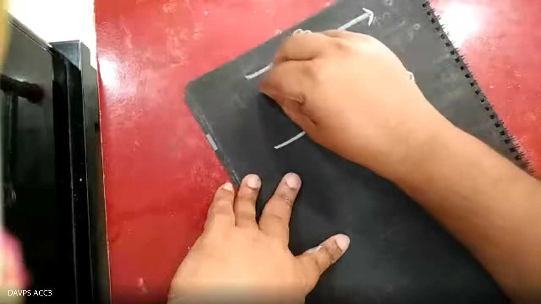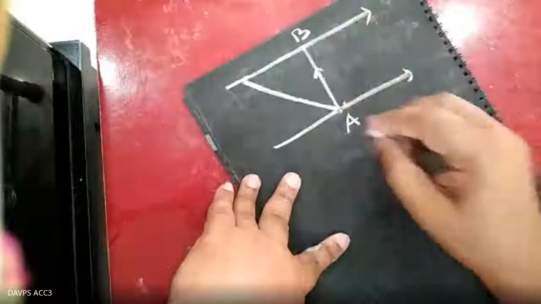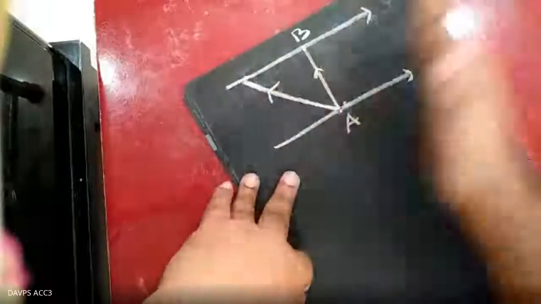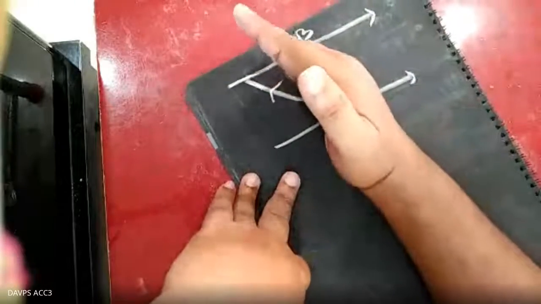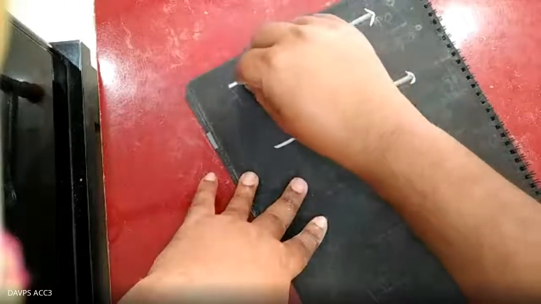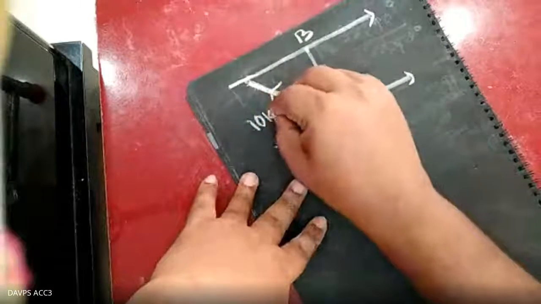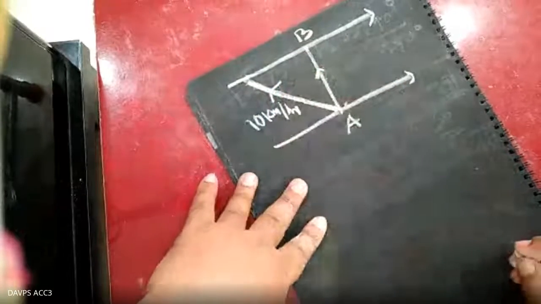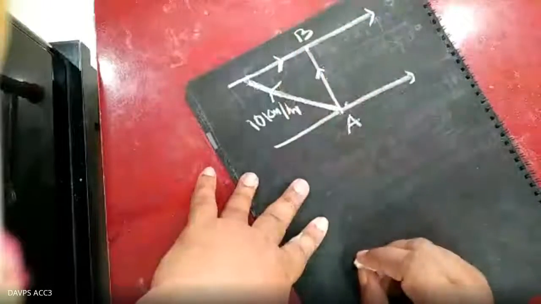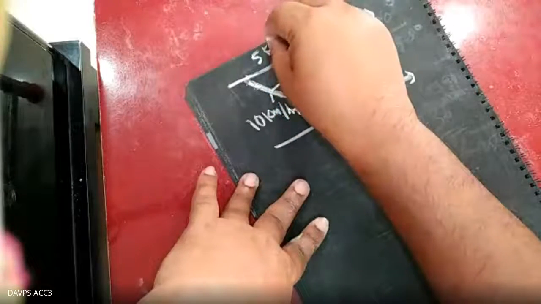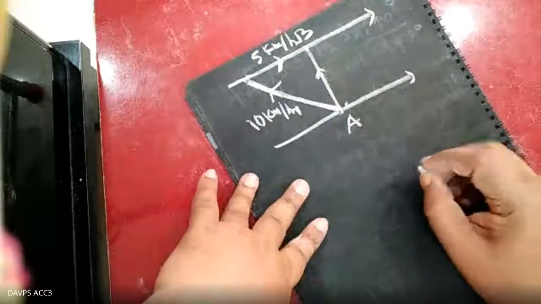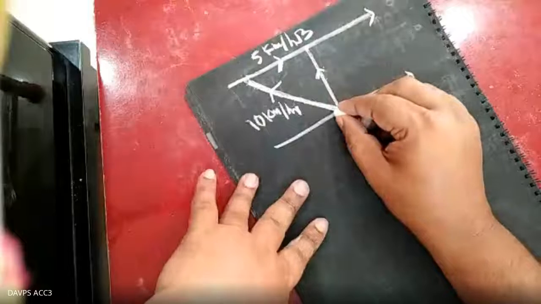This is common sense: the boatman has to move in this direction, so that the water flowing towards the right carries the boat automatically along this way. So the boatman's speed is along this way, that is 10 kilometer per hour. The river is flowing along this way, that is 5 kilometer per hour, and automatically it becomes a triangle. It becomes a triangle. Be careful.